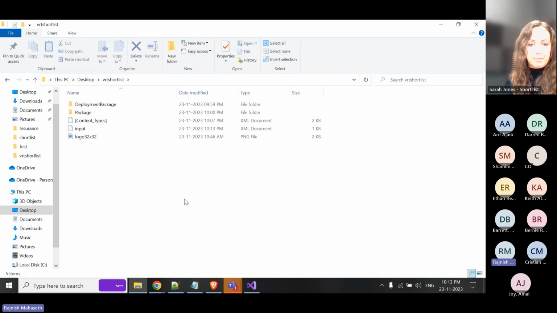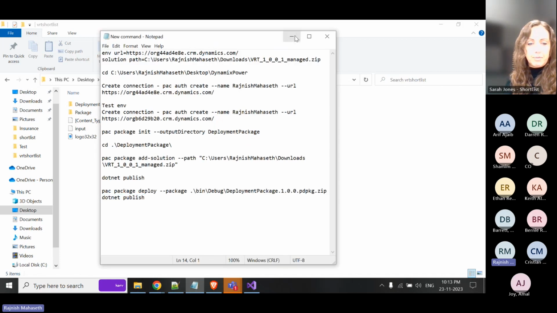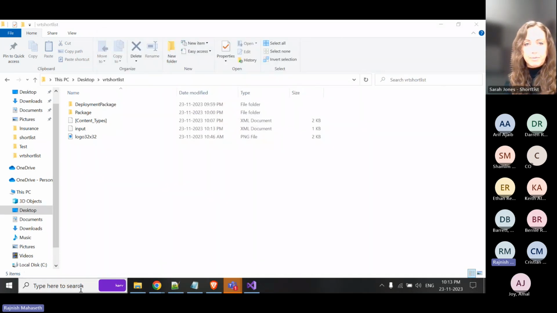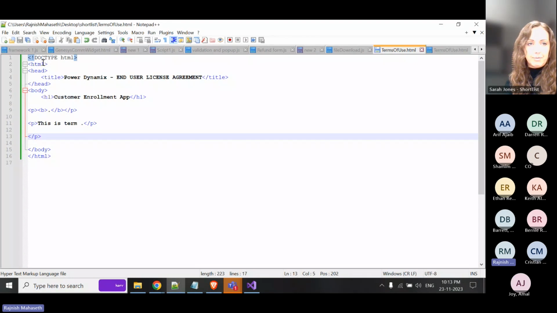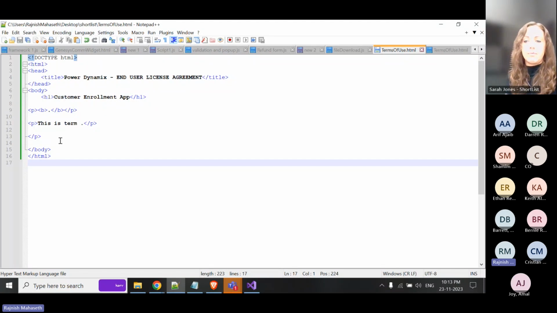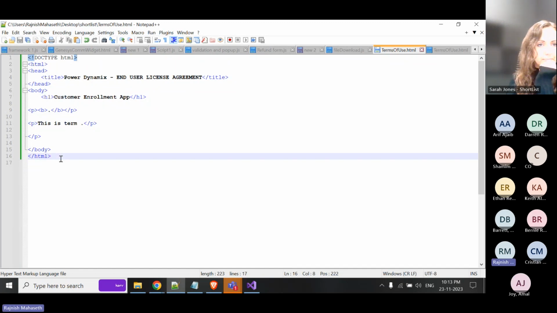For the HTML file, you can simply open your Notepad or Notepad++, anything, and you can create it. So for me, let's use Notepad++. This is the basic HTML. You can put as many things as you want in your HTML file. It's just going to open a page with the list of terms and conditions for your app. So this one, let's just save it as